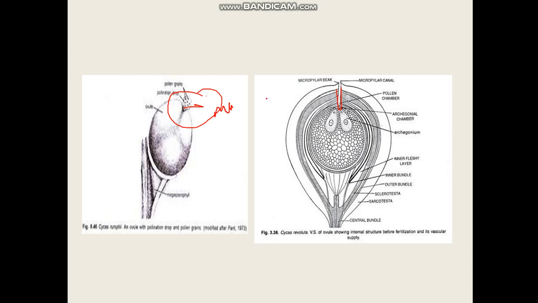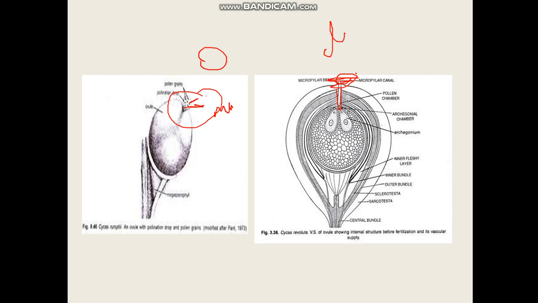It means it is mucilaginous in nature. When the pollen grains descend and reach the ovule, they are entangled in this drop and withdrawn into the micropylar chamber through the micropylar canal. The micropylar chamber at the top of the nucellar beak gets sealed up due to the drying of the mucilage.